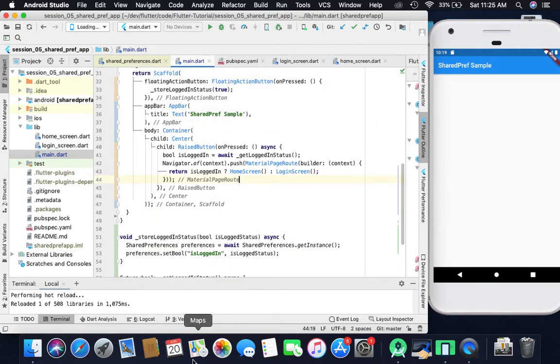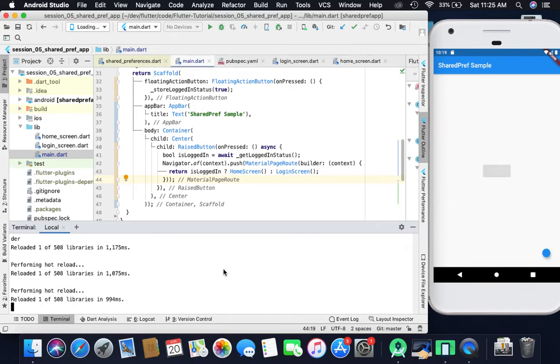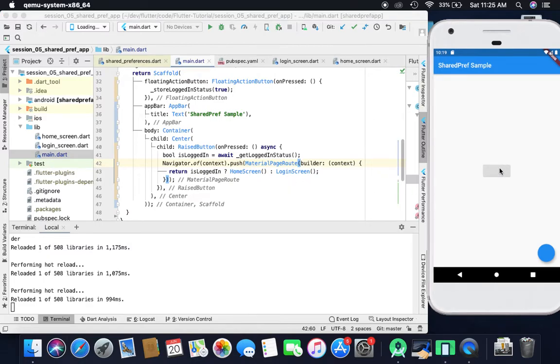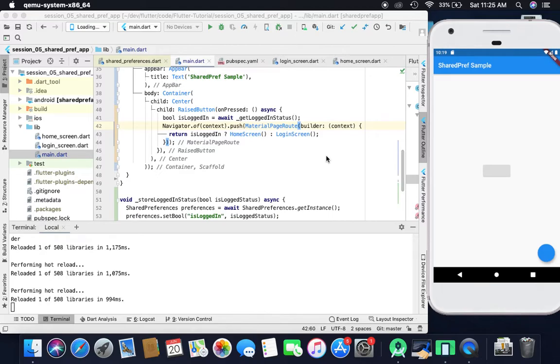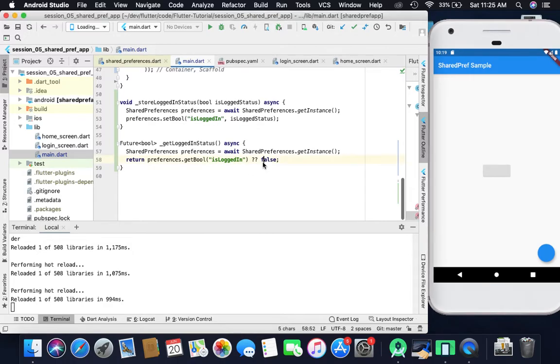Okay guys, so I am running it. Let's see what the output of it is. Okay, so you can see that there is one floating action button here, and another is the raised button, which is rendered in the center of your screen. So if we click on this button, what will happen? It will navigate us to the login screen, because it will return us the future value. When we click on this floating action button, only then will it mark your boolean as true, otherwise it will return the false value. So if I am clicking here,